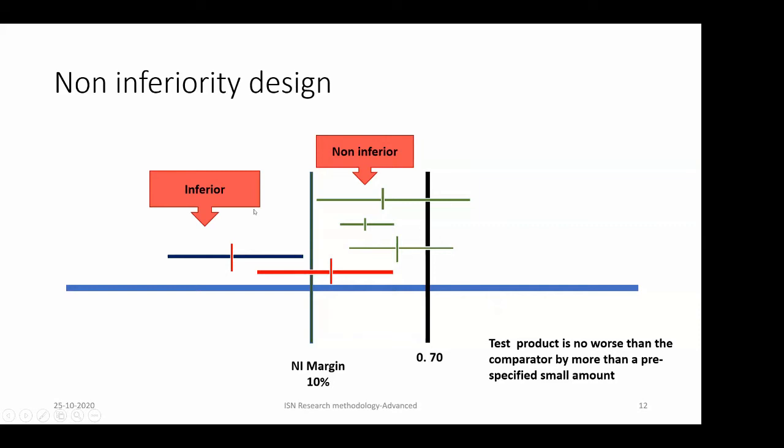So what we are trying to prove by a non-inferiority design is that the product in question is no worse than the comparator by more than a pre-specified small amount. Now, one potential problem with non-inferiority design is biocreep. Let us say a drug is able to produce a cure in around 90% of individuals. But of course, the drug has certain negative aspects: it has side effects, it might require stringent monitoring, the route of administration is not very congenial to the patient.